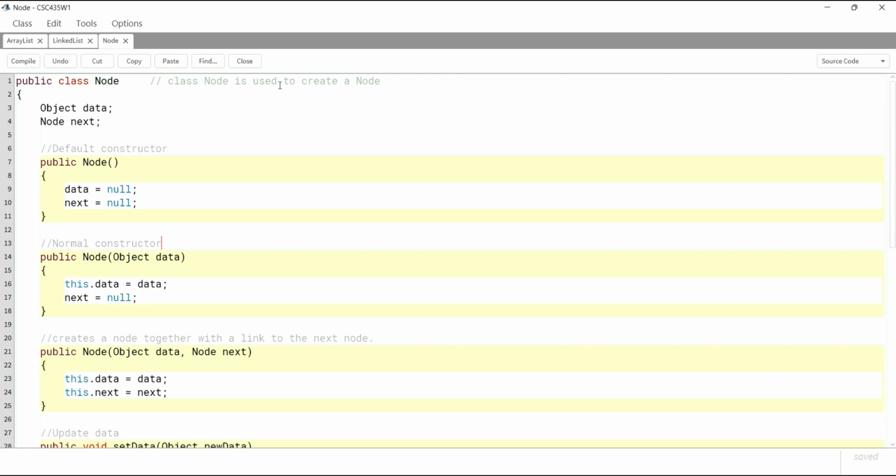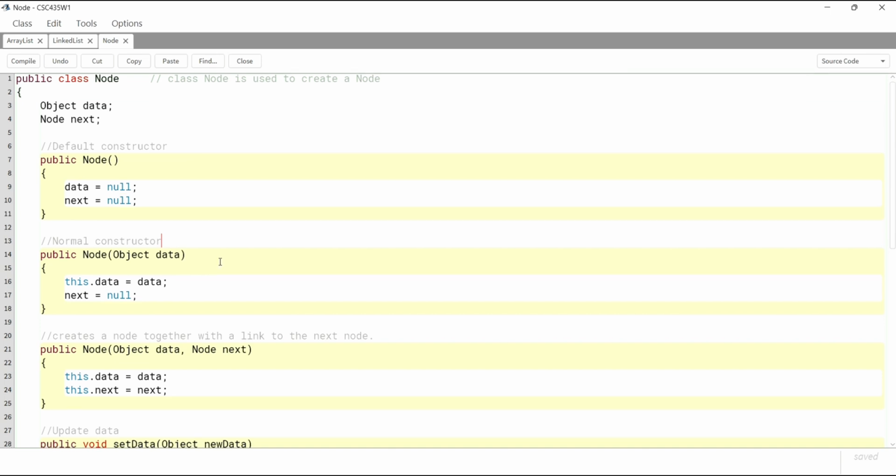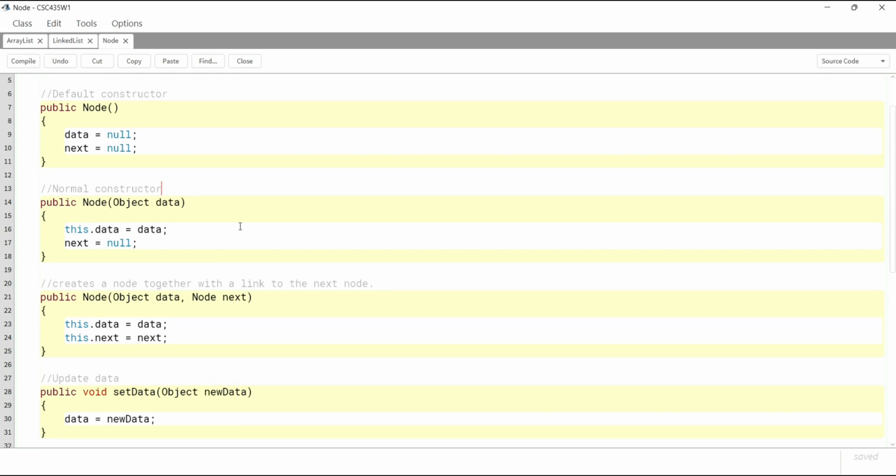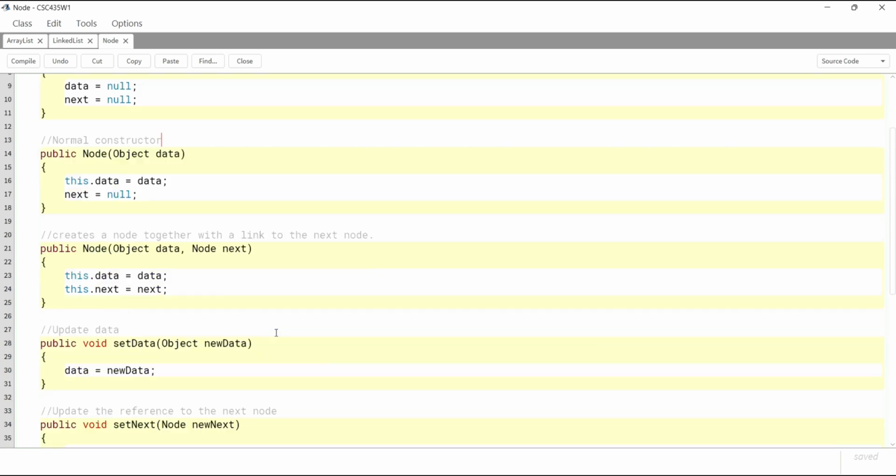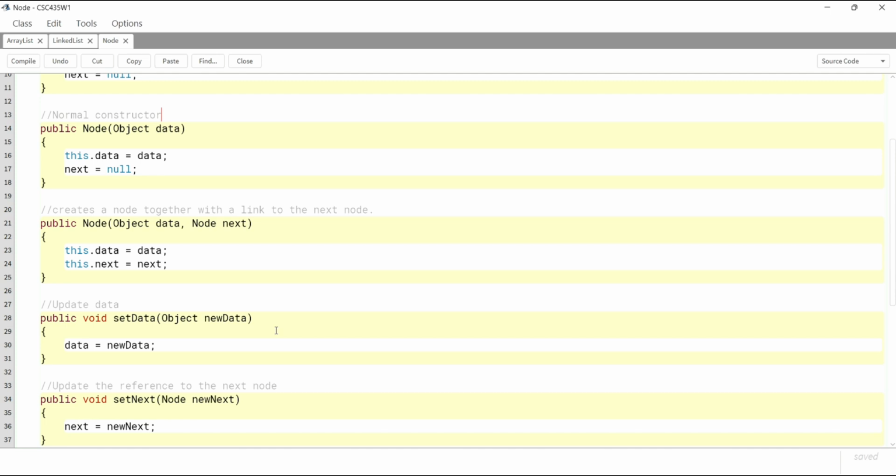The next class is public class node. We have the variable object data and node next. So first thing is we have the default constructor public node, and we have public node with the parameter of object data, which creates a node containing data, and we have public node object data and node next, which creates a node together with a link to the next node,